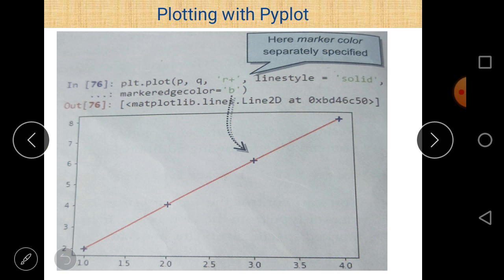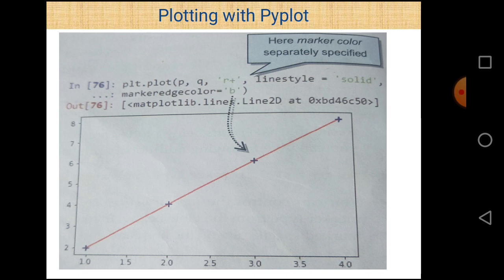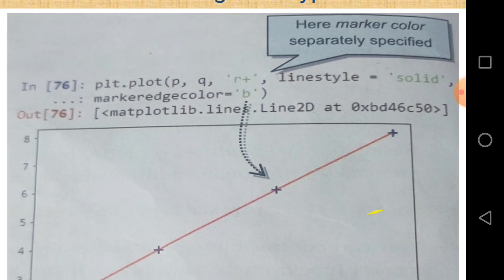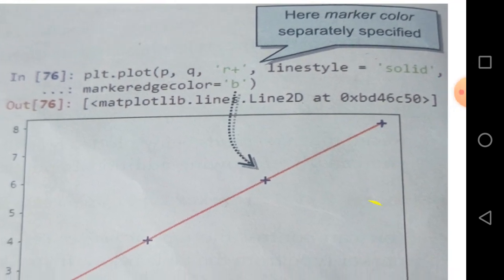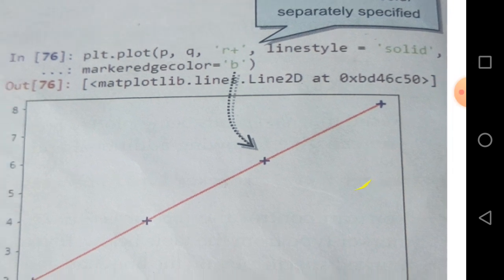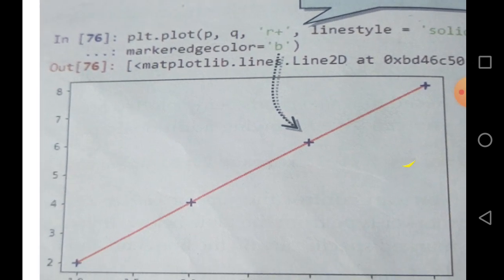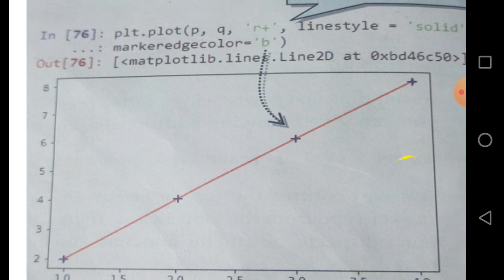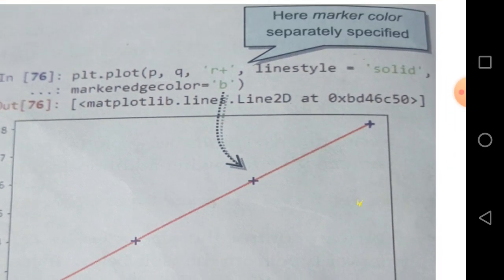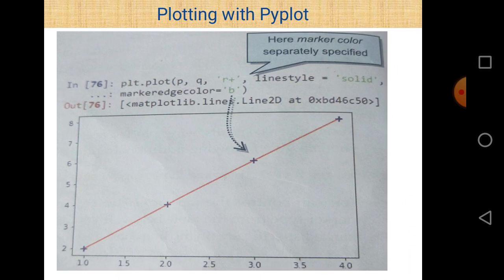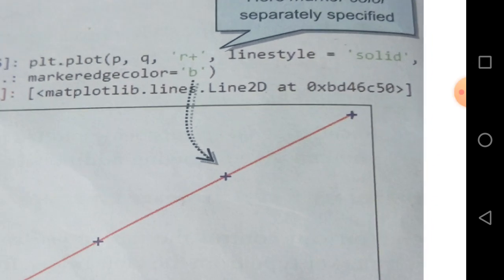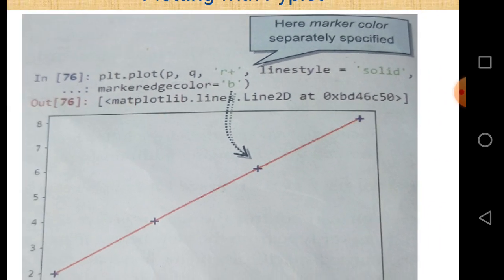Example number 3. In this example there is a statement plt.plot. Plot is a function used to plot a line chart. plt is the alternative name for the matplotlib.pyplot library, and there is again r plus, the same as the previous one. The line style is solid, again the same as the previous one, but there is a difference in terms of marker edge color.